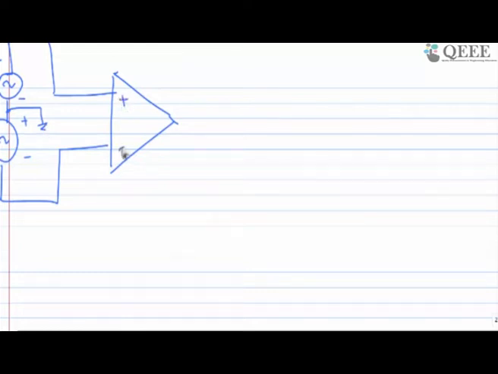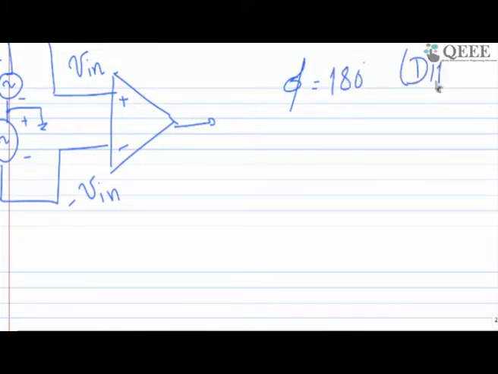So one signal is V in and another signal is minus V in, or you can say that the phase difference is equal to 180 degrees for the case of differential. Single-ended, of course, has only one terminal, so you are going to give only V in or maybe minus V in. There is no difference between two, plus and minus. So in effect, you are going to give a 180 degree phase shift between the 2 terminals, and the advantage of this circuit